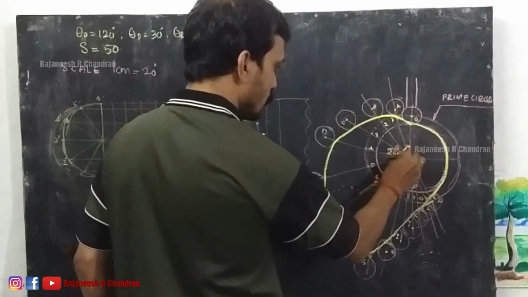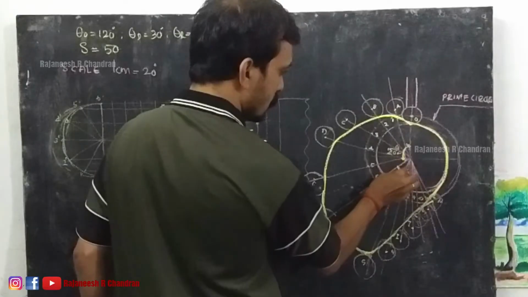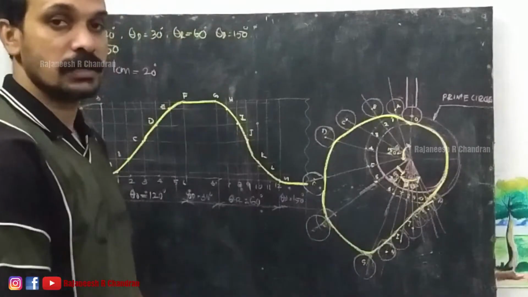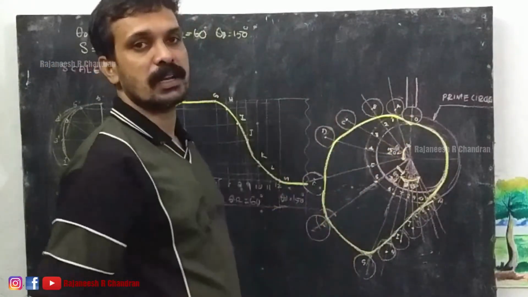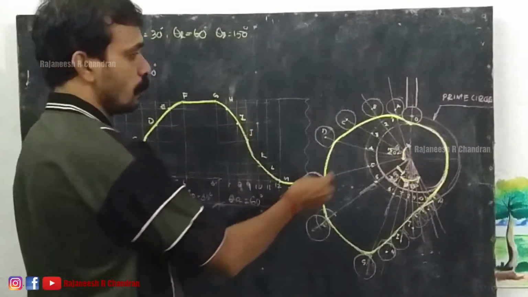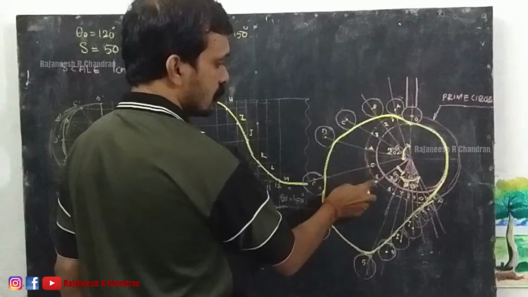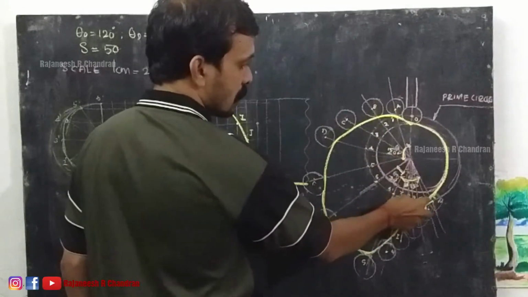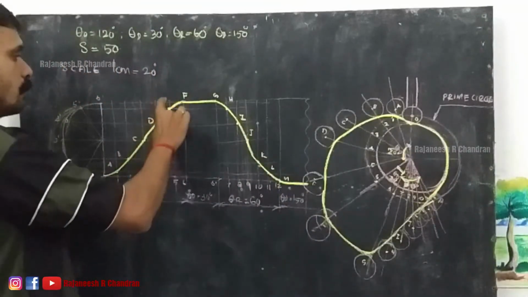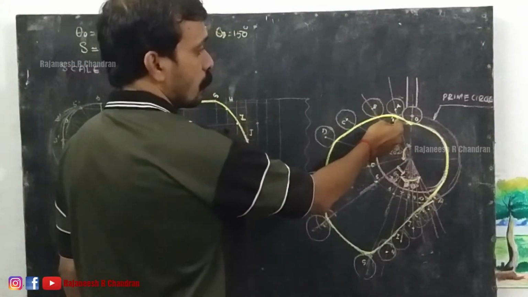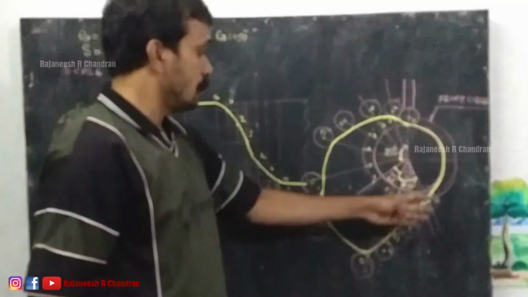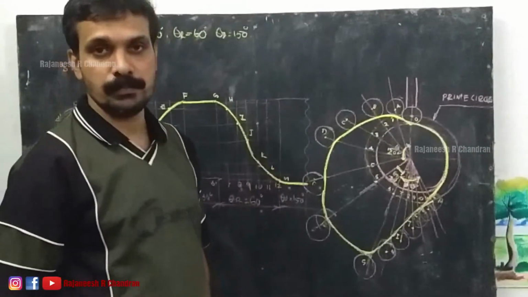This is our first 120. Then this is dwell 30. This is another outstroke, return stroke 60 degree divided. Now the prime circle is divided into 6 equal parts, and name those points as 1, 2, 3, 4, 5, 6, 6 dash, 7 dash, 8 dash, 9 dash, 10 dash, 11 dash and 12 dash. Then take 1A, 2B, 3C, 4D, 5E. From all the points locate A, B, C, D, E, F, G. Similarly we can locate up to M.